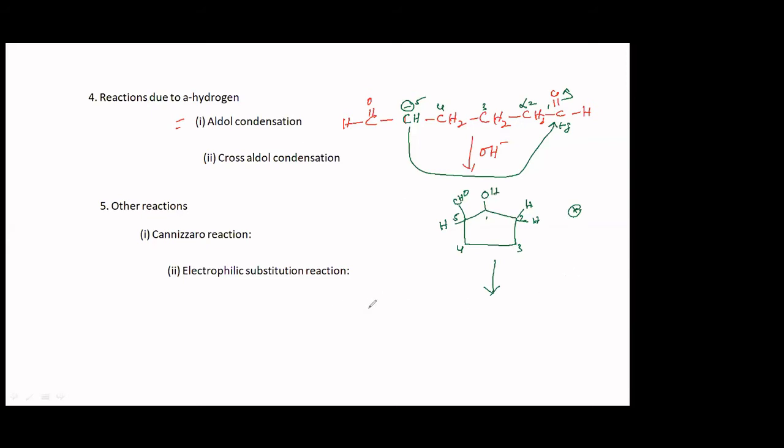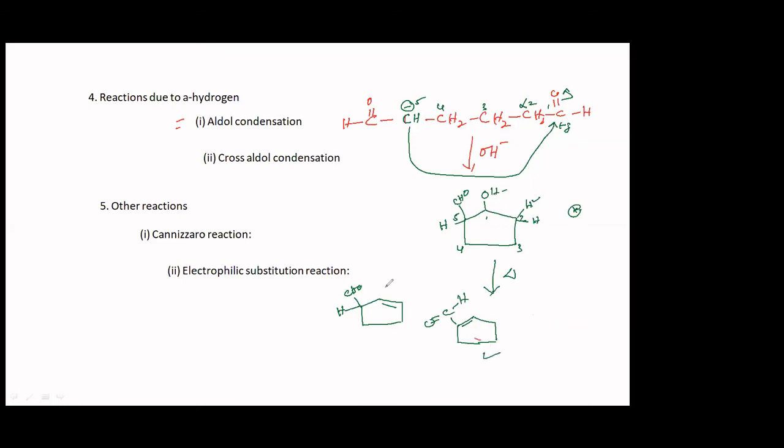So now, as you said, we have got two possibilities. Write both of them. When you are practicing, you have a lot of time now. When you are practicing, you write both the possibilities. CHO, I have got hydrogen here. I can get a double bond here by removing this proton and OH. This is what happens when you heat it. Or there is one more possibility, which will be, I will get a double bond here and a CHO there. C double bond OH.